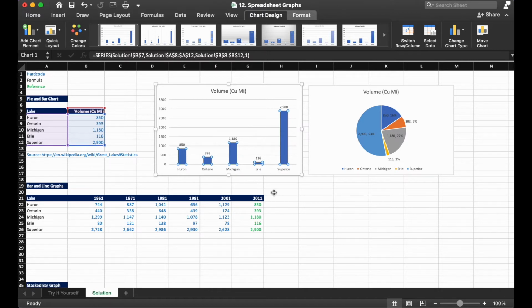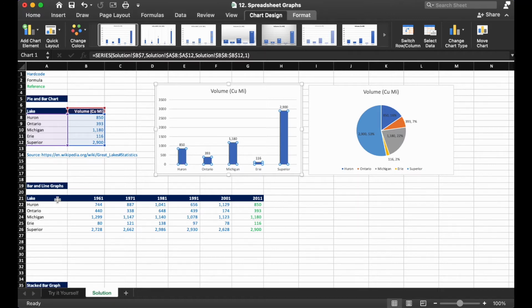So keeping with our Great Lakes example, let's give the line graph a try. So the line graph shows us changes over time. So going back to our two questions, what is the story and what is the best way to tell it? What we want to show is the volume of water in each of the Great Lakes, and we want to show how that water volume has changed over time. Any guesses on the best way to tell the story? For me, there are two that come to mind, a bar chart and, as I mentioned earlier, a line graph. Let's take a look at both and see which one makes sense.